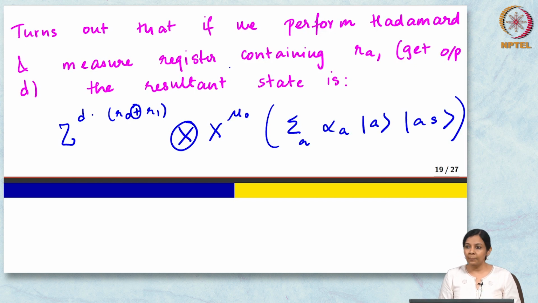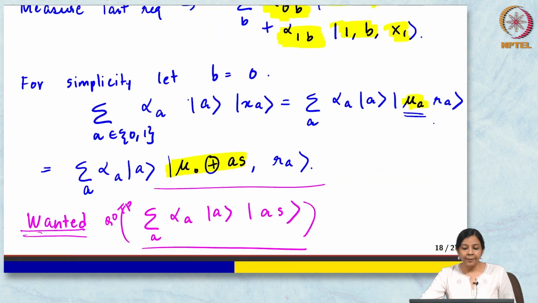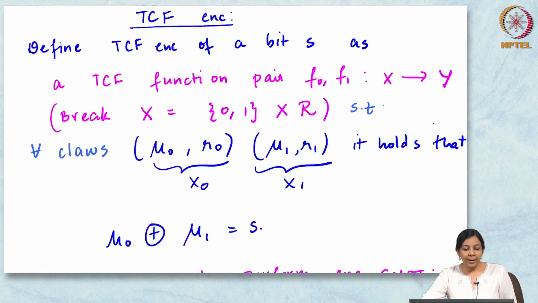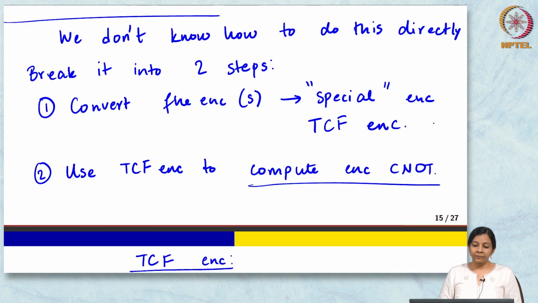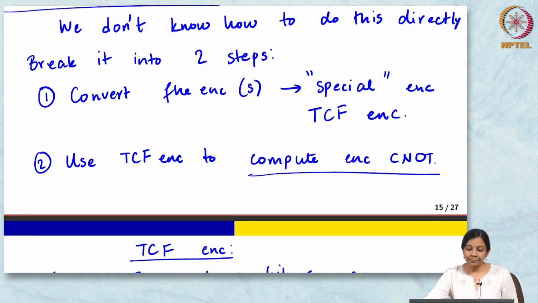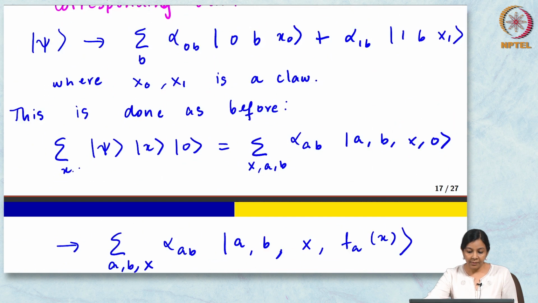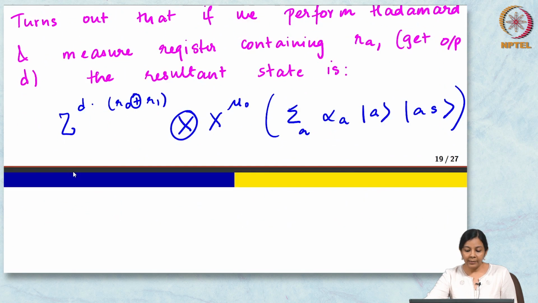So, what is our missing piece now? The TCF encryption, right. So, I do not of course have the TCF encryption. So, let me go back to the two steps that we said we wanted to do. So, we said we will do these two steps. For this encrypted C0, we will convert FHE encryption to the TCF encryption, and then we will use the TCF encryption to compute the encrypted C0. So, we have done step 2. So, now we need to do step 1. Okay. Are there any questions about step 2?